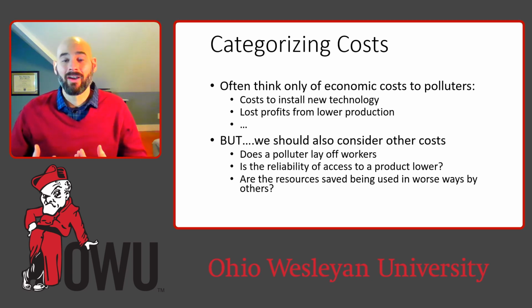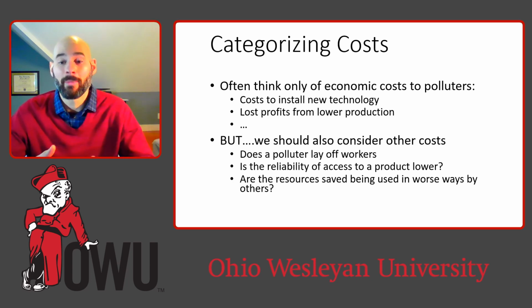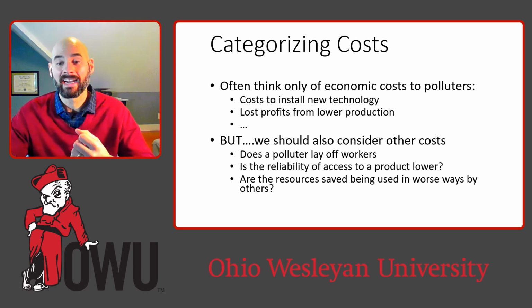When we think of the costs of air pollution regulation, we typically only think of the economic cost to the firms, to the companies which are polluting, such as the cost to install the new technology. If they're putting a scrubber on their smokestack to capture some of the pollution that would otherwise be going into the air, if they are installing solar panels for electrification of the production process, and how that impacts the profitability of the company, or if they have to reduce their production, how that impacts the profitability of the company. And we could go on and on thinking about the different ways that environmental regulation